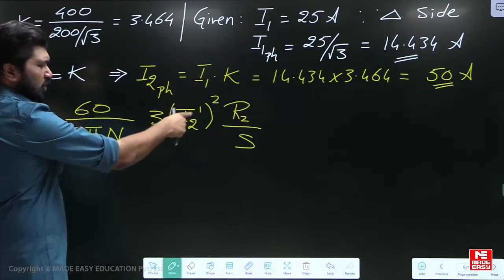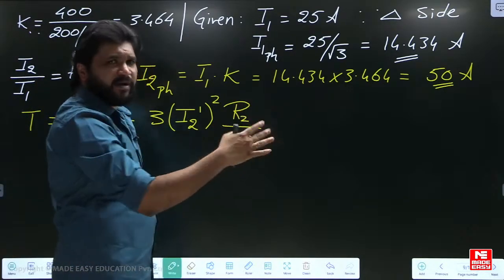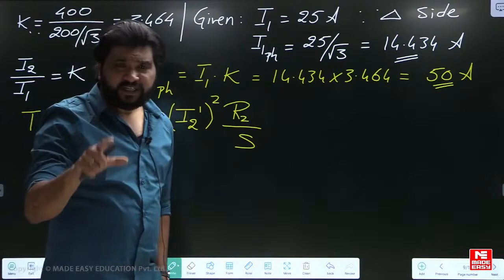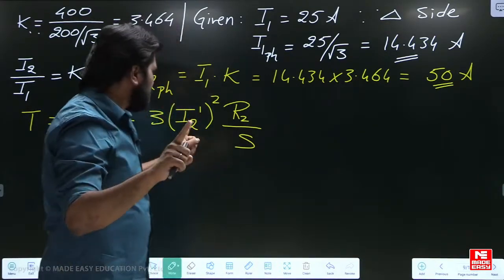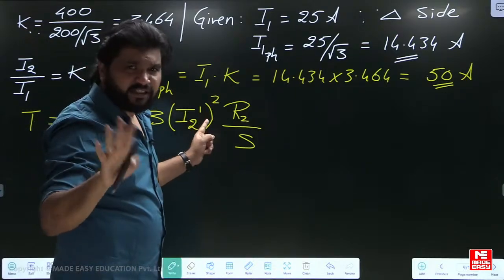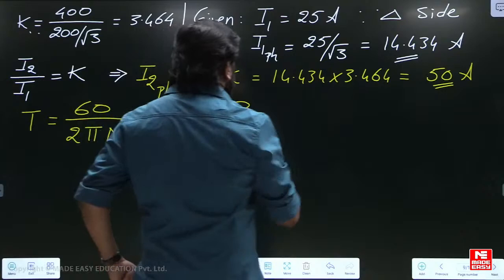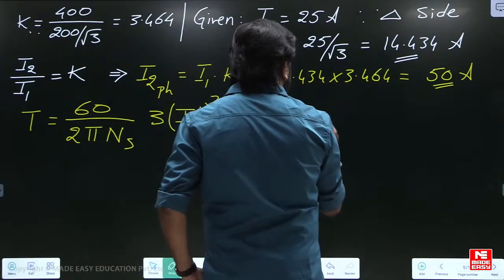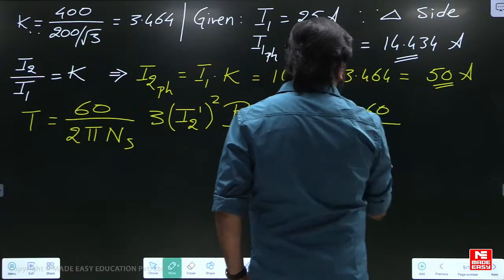This is the current in the rotor under running condition, R2 by S. S is the slip under running condition. This question is concerned with the blocked state, which means S is equal to 1. I2 dash is for running, I2 is for the starting, like that. So T is equal to 3 into 60